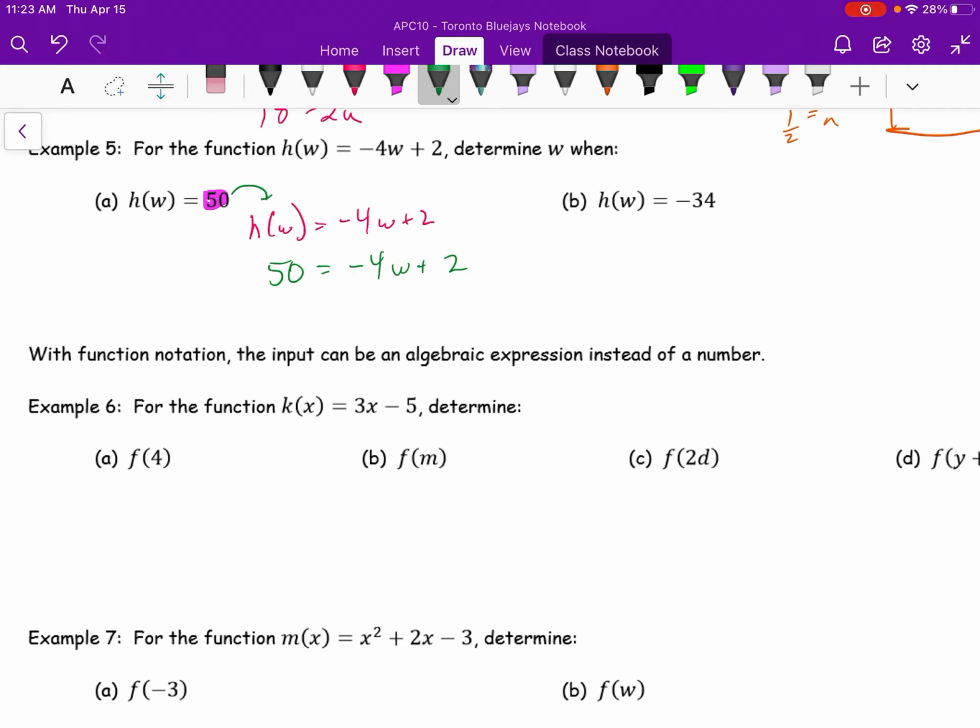And then I am going to solve for w, subtract 2 from both sides, divide both sides of the function by 2. So I get w is equal to negative 12. Similarly, I would do that for